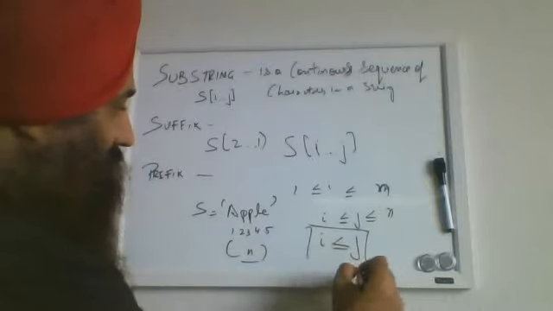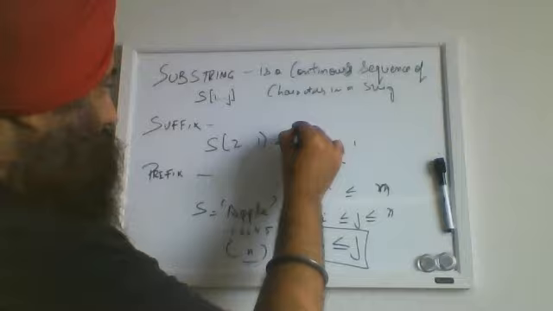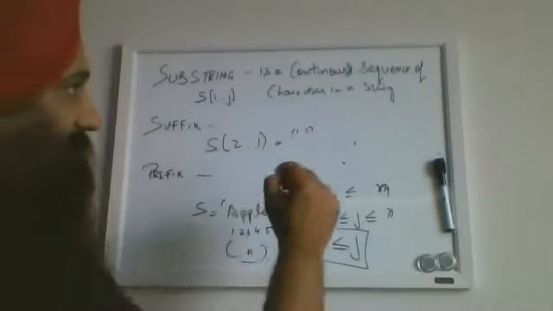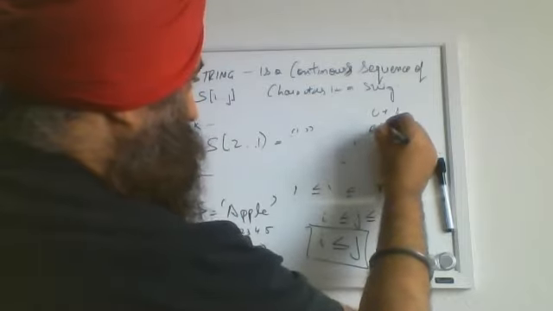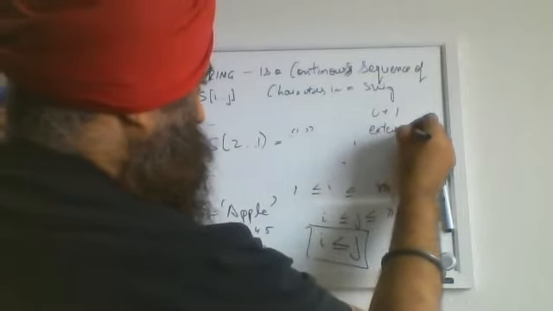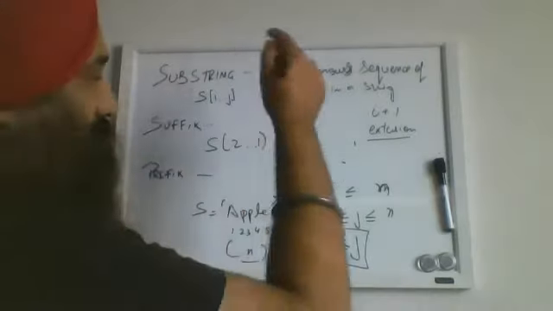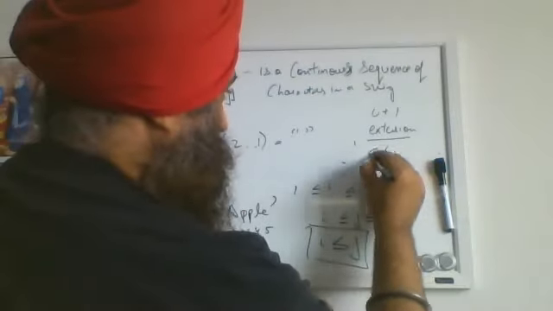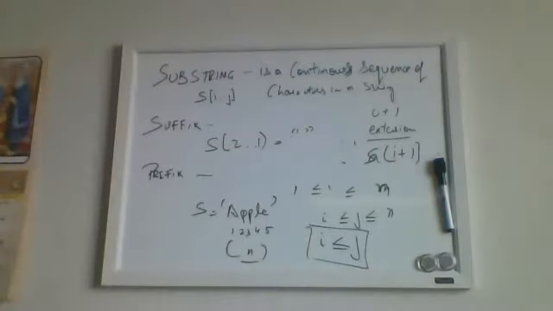Whenever this condition becomes false, we say it's an empty substring. This will become important when we discuss the i plus 1 extension in Ukkonen's algorithm: we pick up an empty string, we don't find an empty string, and we increment i, and we add the character S[i+1] to the suffix string.